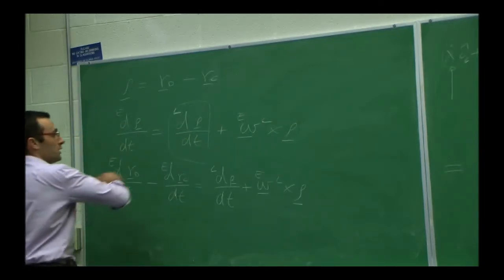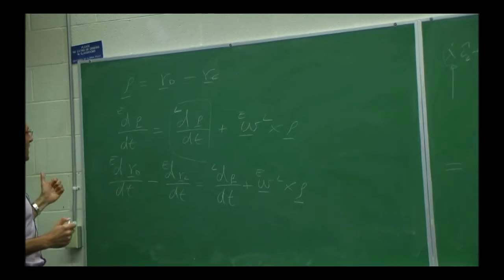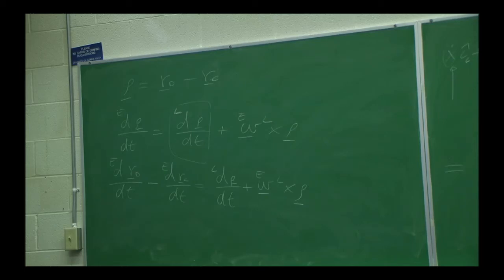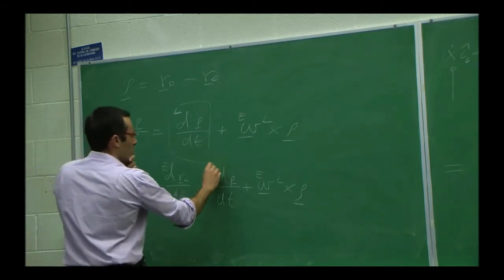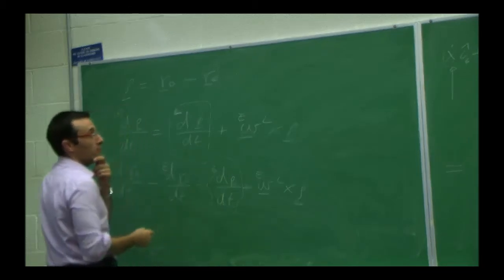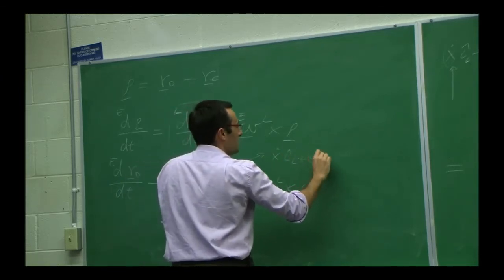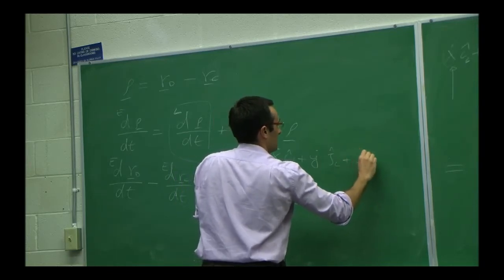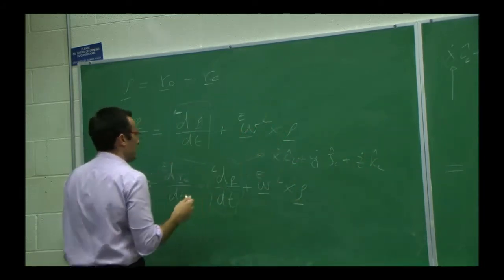But the moment you want to go component by component, because this corresponds to three equations, these are vectors, so this corresponds to three equations, I need to make sure that, again, they are expressed in the same basis. You always have to do that if you equate two vectors component by component. And so all I've done is, I know this is what I'm looking for. This is my unknown. So I decide that I want this vector to be projected in LVLH, because that's what I want. And at this point, I want everything else to be in that basis.